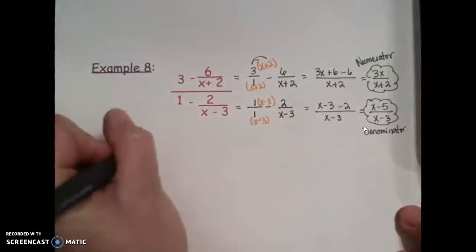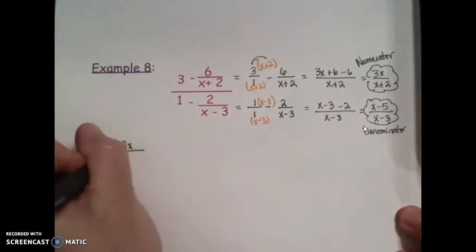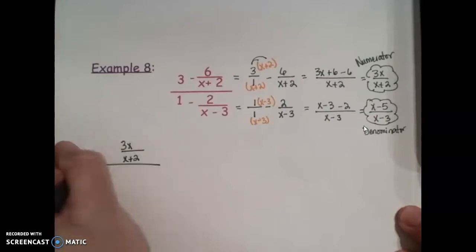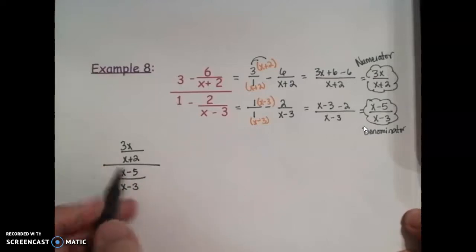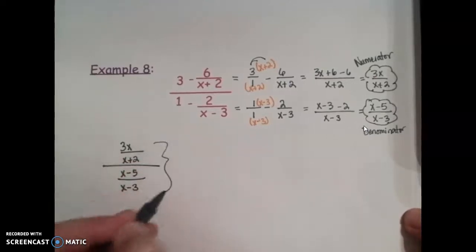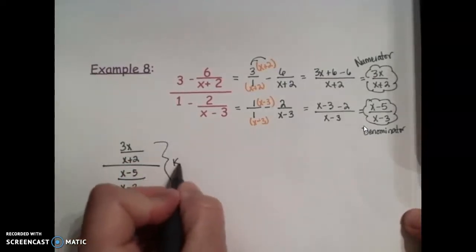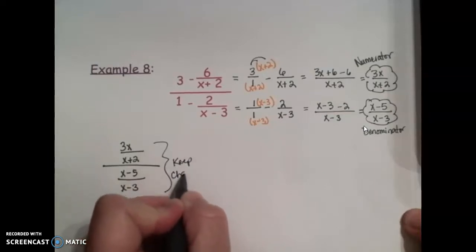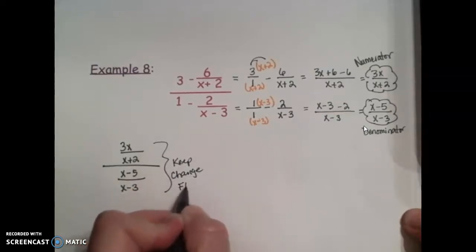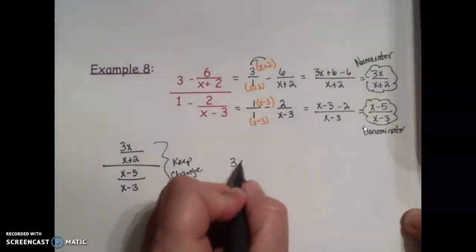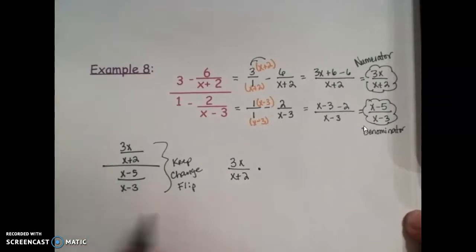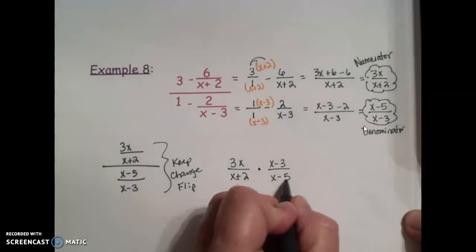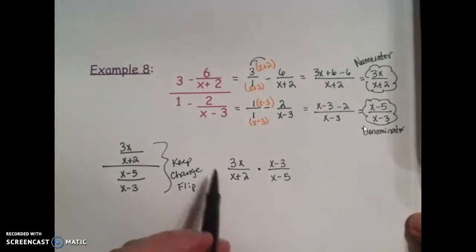So again, I'm going to rewrite that as 3x over x plus 2 divided by x minus 5 over x minus 3. And you could use the division symbol there if you wanted to as well. So we're going to do keep, change, flip. So I'll have 3x over x plus 2 times, flip the second fraction, and if you look this time,